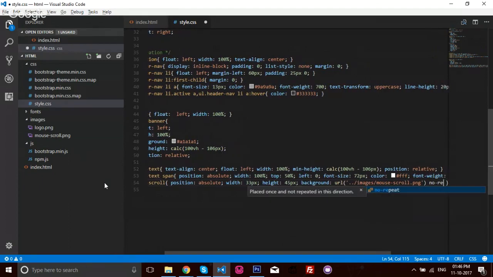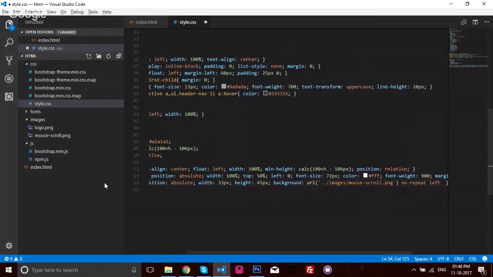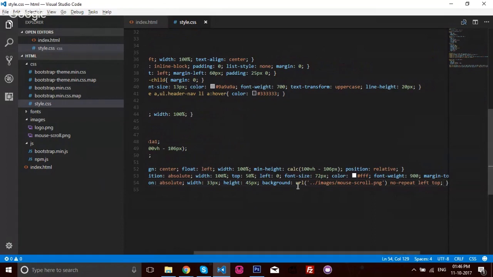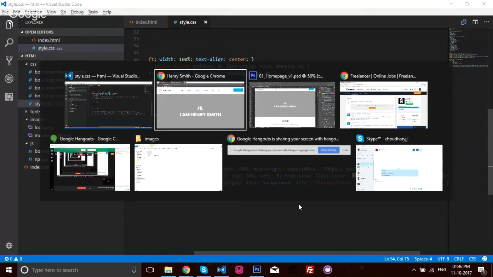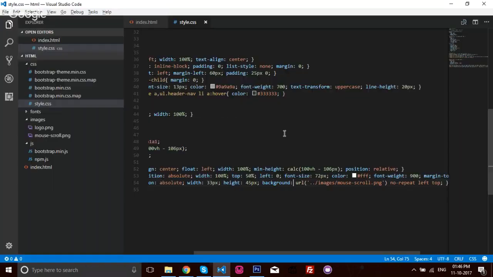We don't need to repeat this, so we'll put no repeat. The position will be from left and top. Background color will be none or transparent; if you leave it, by default it won't take any color. It will come at the top, but